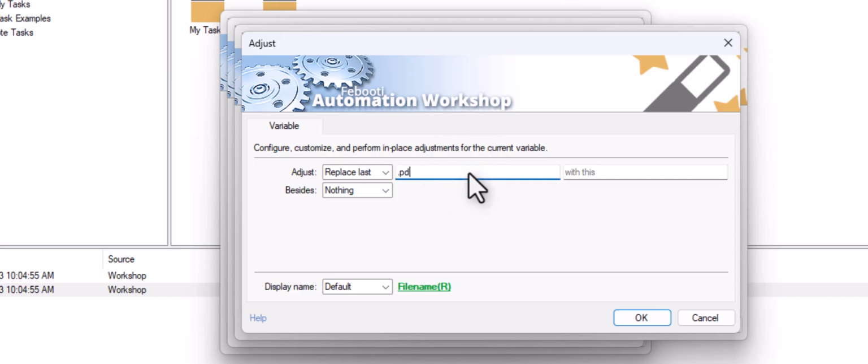I want to replace PDF with JPEG. I'll also update the variable's display name to reflect the changes we've made. Changing the display name is purely optional. It doesn't influence the workflow's functionality, but helps make it clearer and easier to manage.